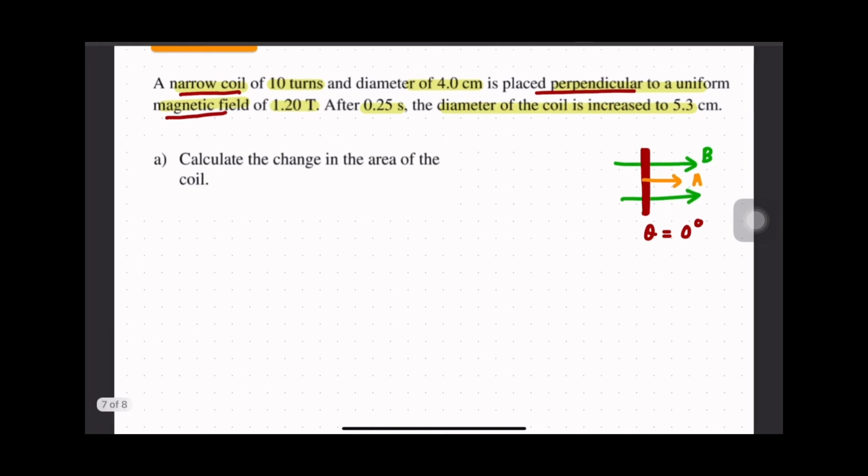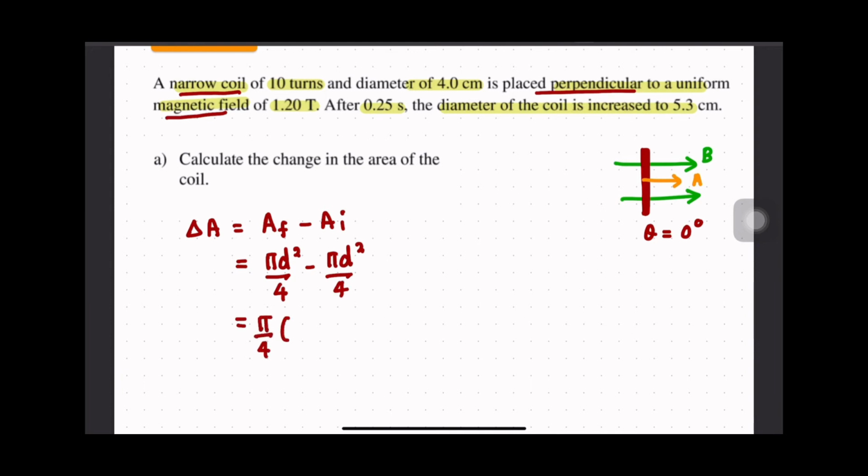So sekarang ni diameter initial dia 4 cm. Diameter final dia 5.3 cm. Okay, jadi you boleh substitute value. Change of area is equal to area final minus area initial. Okay, sebab dia bagi diameter, pi d squared over 4 minus pi d squared over 4. You boleh simplify pi lah. Pi over 4, d squared, 4 times 10 to the power of negative 2 power of 2 minus with